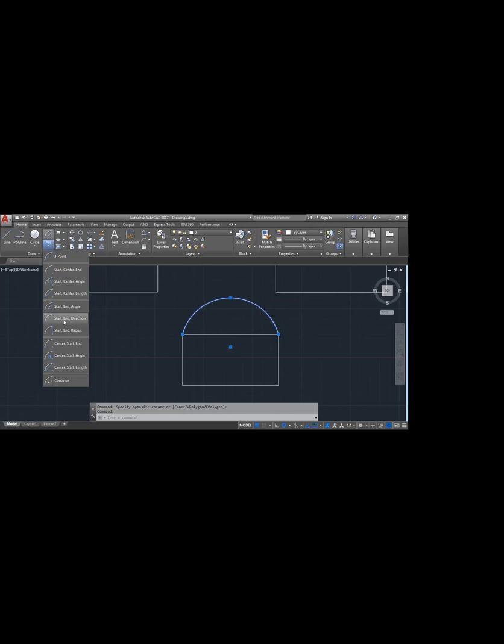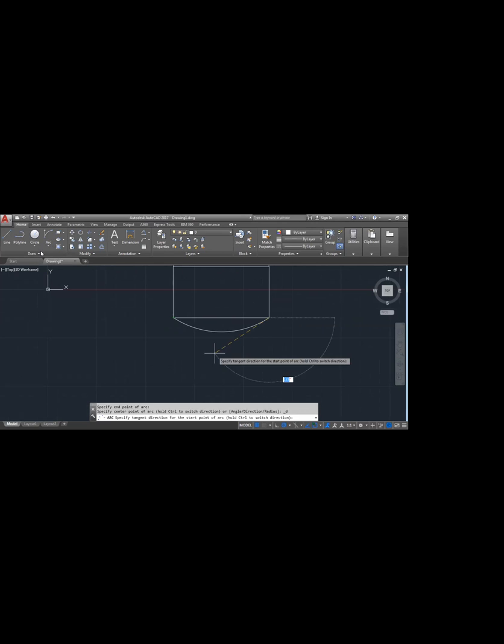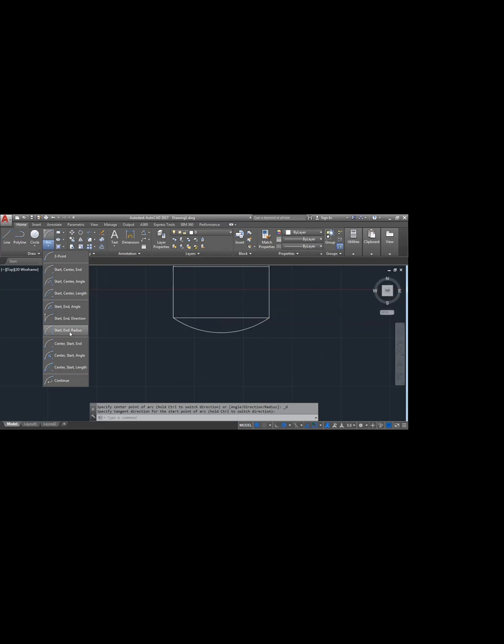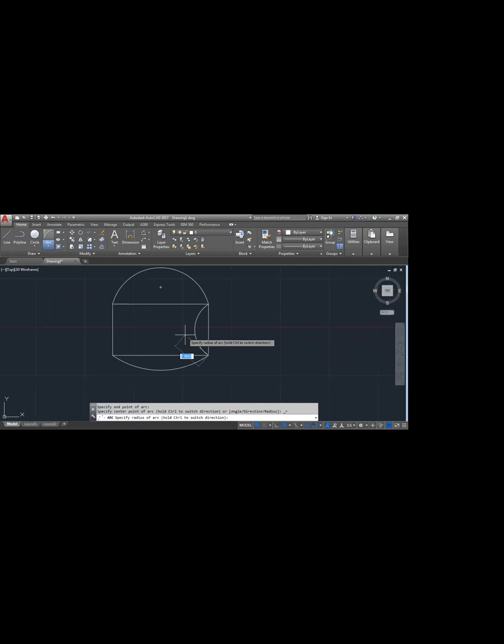And start, end, direction. Direction in the sense it will drag either upper side or bottom side. Start, and upper side, bottom side, it will drag. Okay, and start, end, radius. This comes under start, end. Here you will get radius. How much radius we need, as per that. If you need 15, enter. It will take 15 radius and center point is here. Okay.